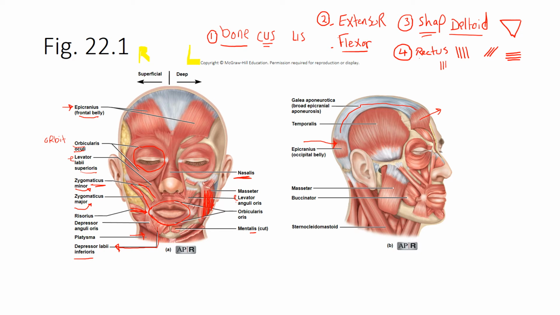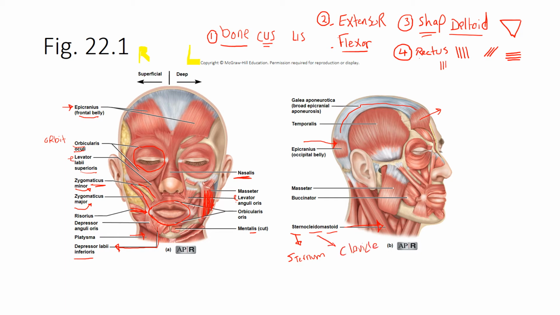So sometimes you name the muscle based on the bone. In this case, it will be like zygomaticus. You have the zygomatic bone here. So you get zygomaticus minor, the muscle that covers the zygomatic bone. Nasalis here, the muscle that covers the nose. Sometimes it's the bone attachment. An example is this nice muscle here. If you look at this image here, this is